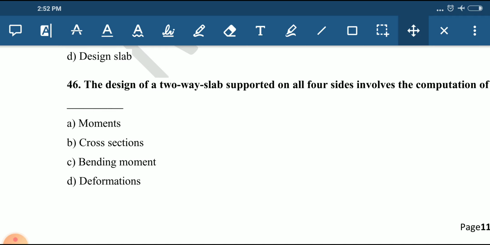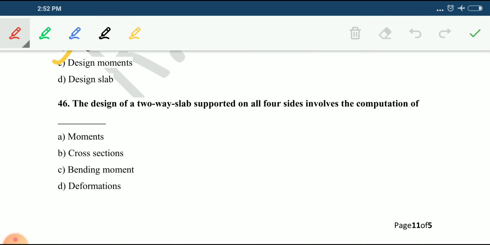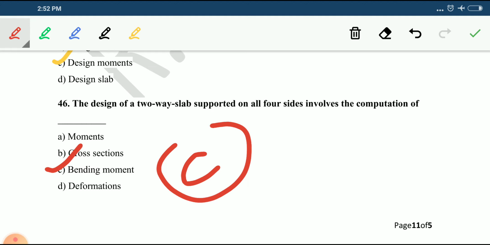The design of two-way slab supported on all four sides involves the computation of what? Definitely we are going to calculate the movements, cross sections, bending movements, or deformation. The answer for this question will be C. So there is bending movement. Okay, next,